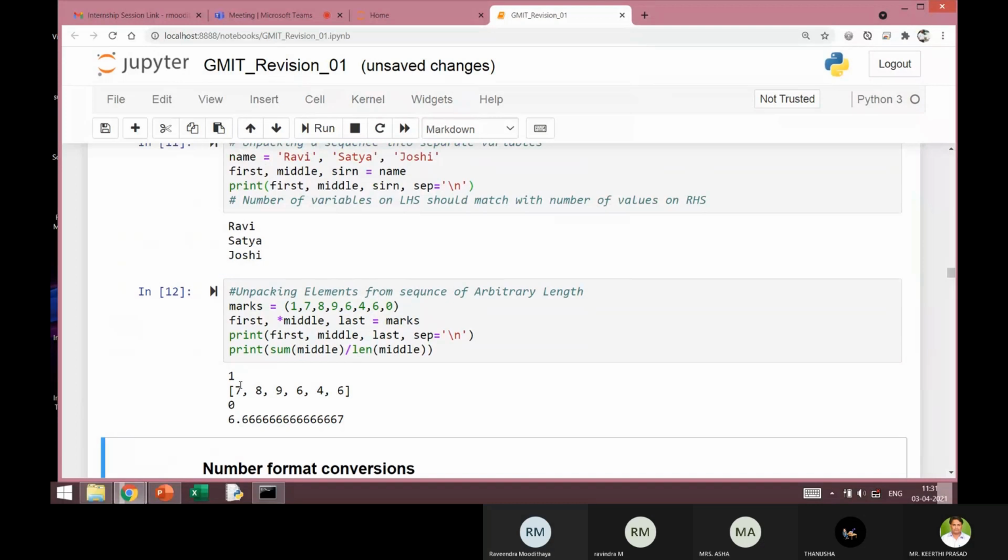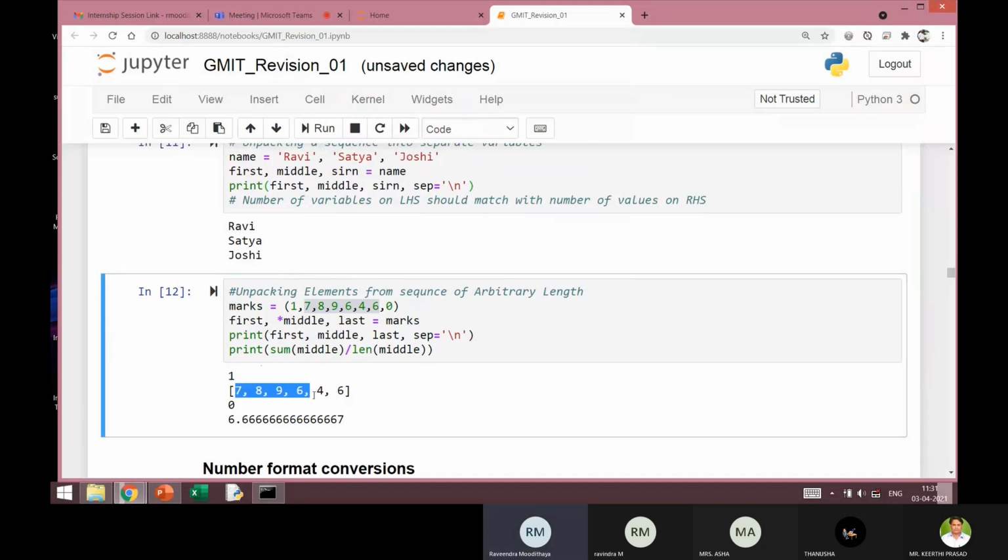The first value is 1, you can see that is the first one, and the last value is 0. The variable middle is given the rest of the elements in the sequence, that is 7, 8, 9, 6, 4, 6. You can see that it is output as a list.